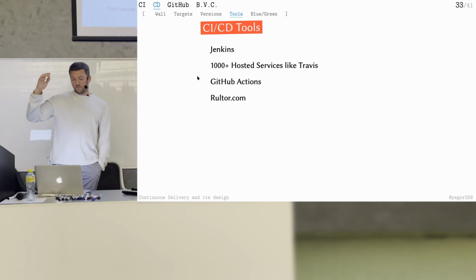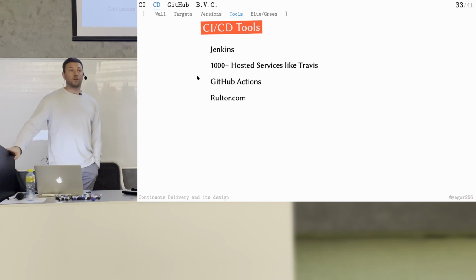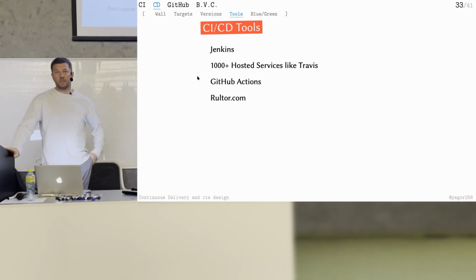And my tool, Rultor.com. That's the one I designed 7 years ago. I use it in my blog, for example. My blog is deployed using this tool. So I use this tool for the last 7 years. No problem. It helps me deploy all my products. I deploy to GitHub Pages, to Heroku, even to Amazon Beanstalk I was deploying. So Rultor.com, you can try it out. It's also open source, actually. It's hosted on Heroku. So you can enjoy it if you like. It is designed specifically for continuous integration, continuous delivery.